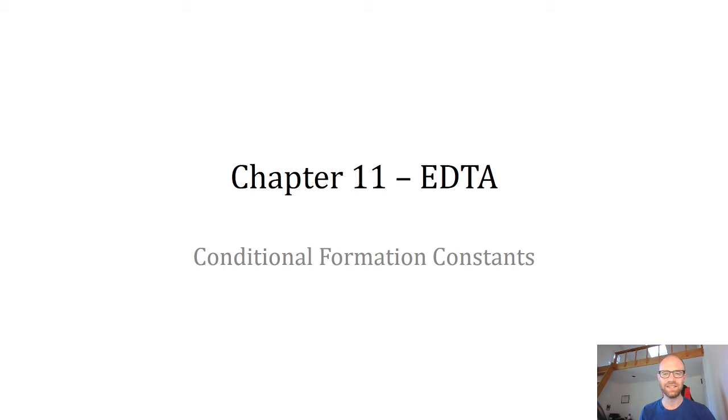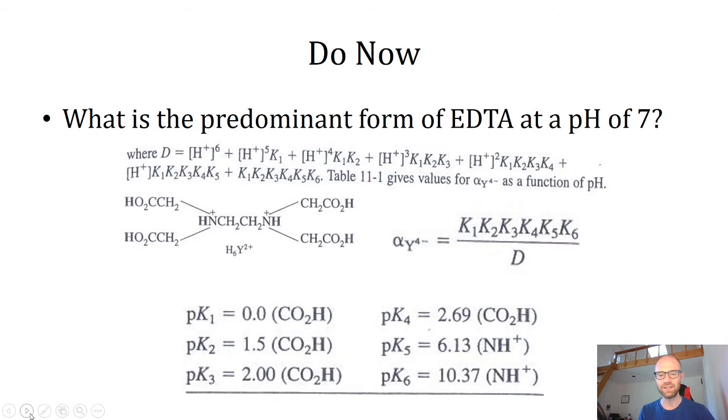Hi, let's continue talking about EDTA, specifically talking about conditional formation constants. As a do now to get your brains running again, just to take a look at this without doing any math, given the information, what should be the predominant form of EDTA at a pH of 7? If you need a minute or two to think about this, you can go ahead and pause the video. Otherwise, well,